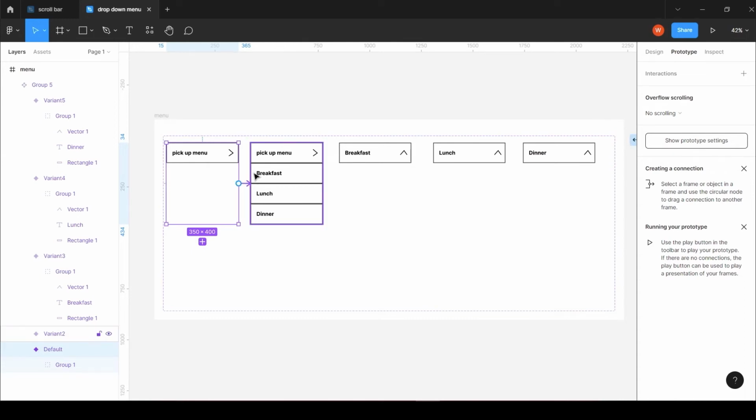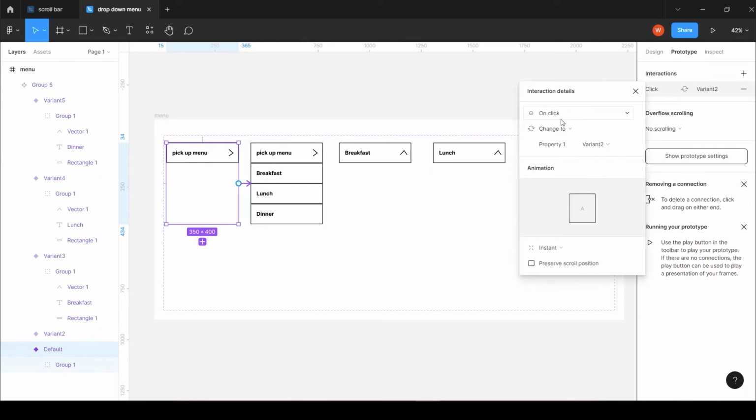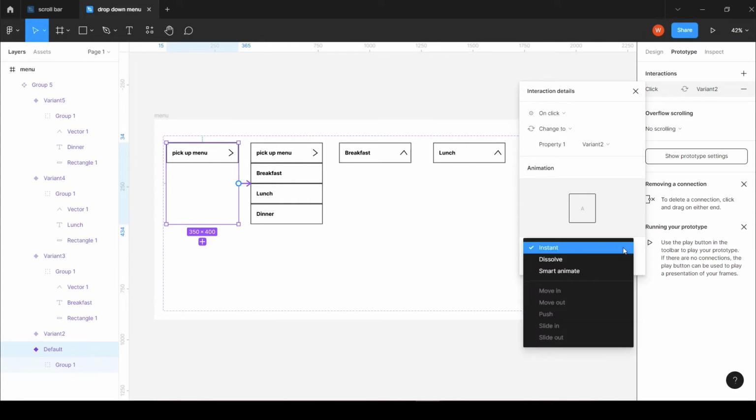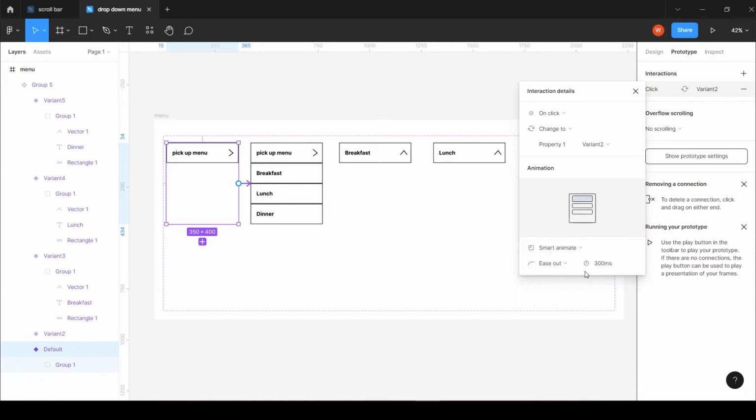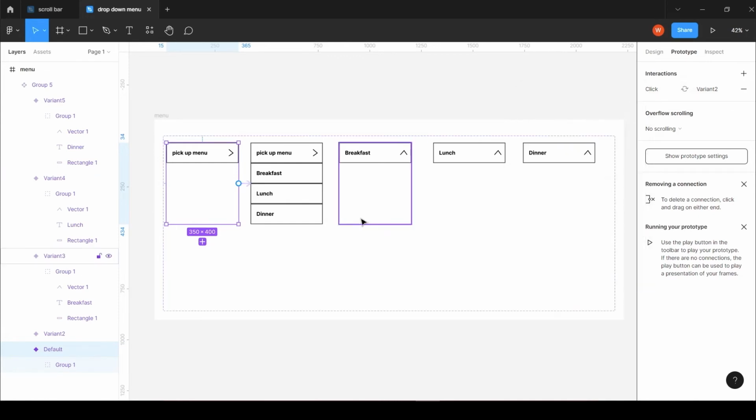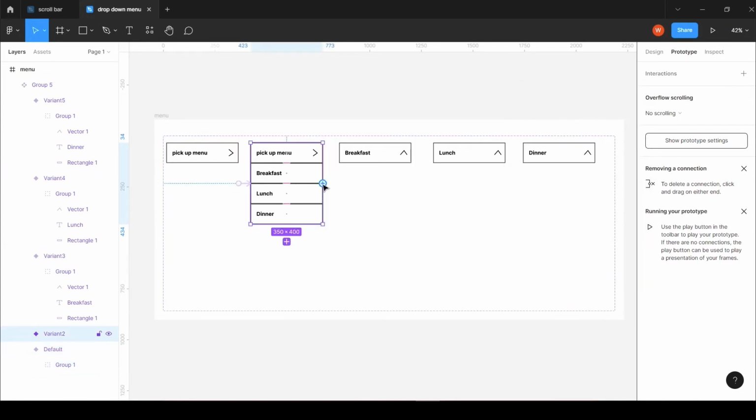It should be just on click. It can be on instant. Maybe we don't need any animation, but in case you want to have some delay here, you can make it smart animate with ease out and 300 milliseconds. Then I'm coming here and we have to choose this